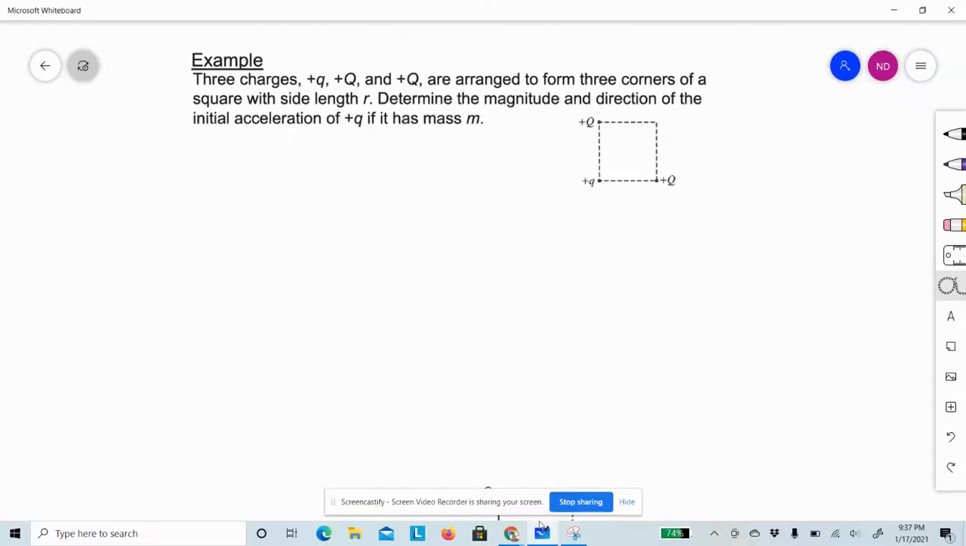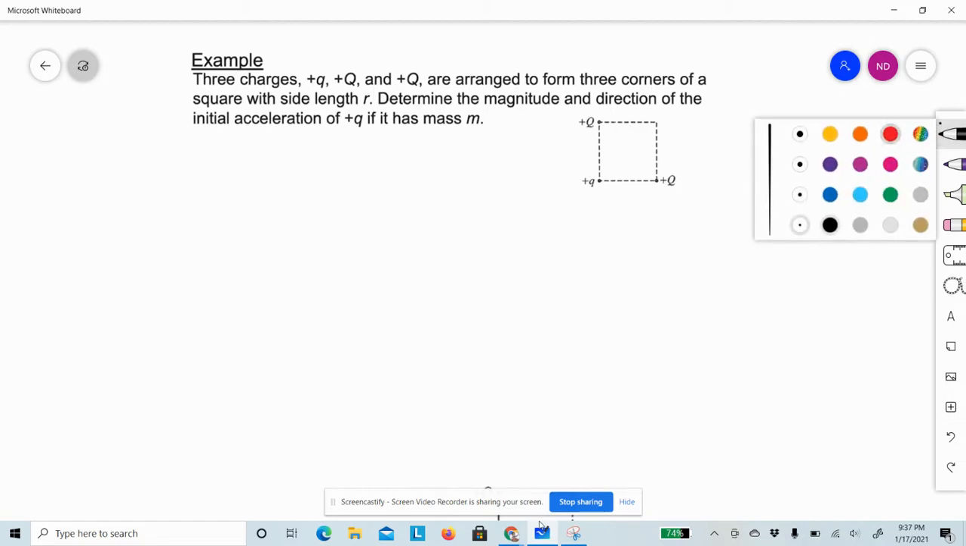And a simple example problem here with charges at different corners of a square. This one's really pretty nice because it's a good way to start. But the idea is to determine the magnitude and direction of the initial acceleration of positive little q if it